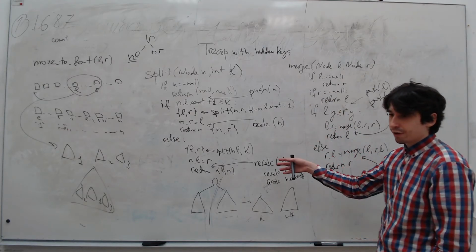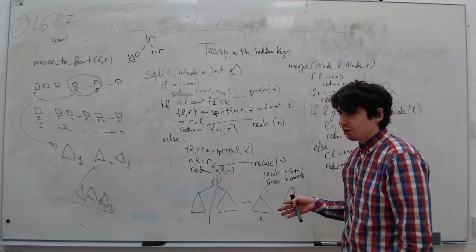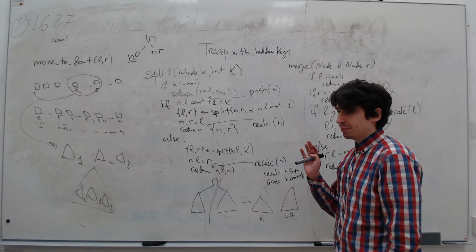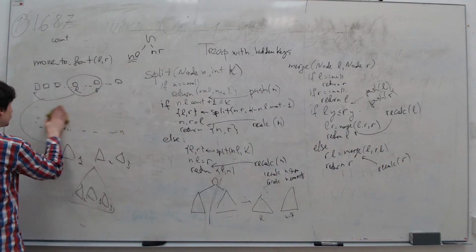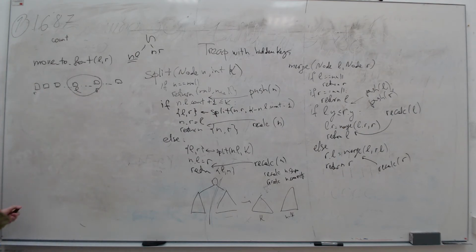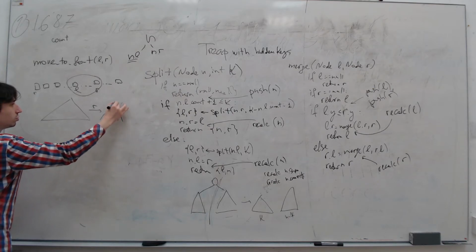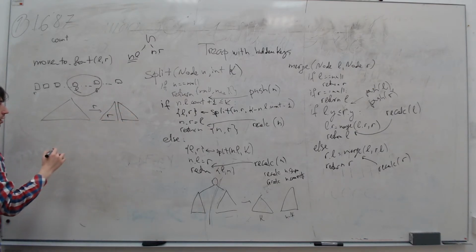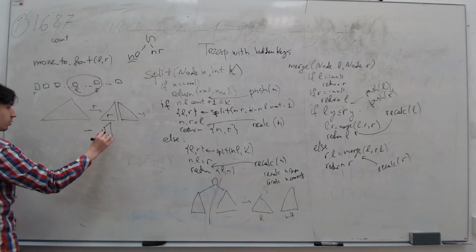So right now, instead of asking, please split me by the left key and by the right key, you can ask, please split me at position L and please split me at position R. But please be careful here, because if you split at first by R, then you will have two subtrees where the left has R elements, and then you split by L, you will have exactly what you wanted.